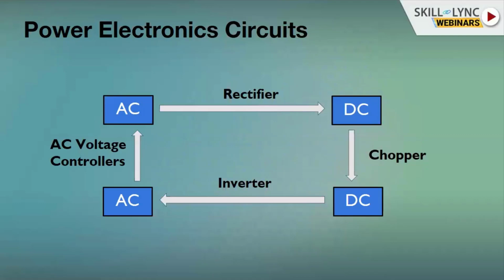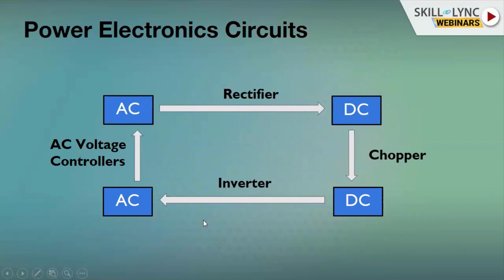Moving on to other applications where we use IC chips which are operated at 3.3 volts or 5 volts or 12 volts. Suppose the input voltage is 48 volts and the required load voltage is 12 volts, then I need a DC-DC converter, which is nothing but a chopper, which converts a fixed DC to a variable DC. So that is the chopper circuit, which is one more part of the power electronic circuits.